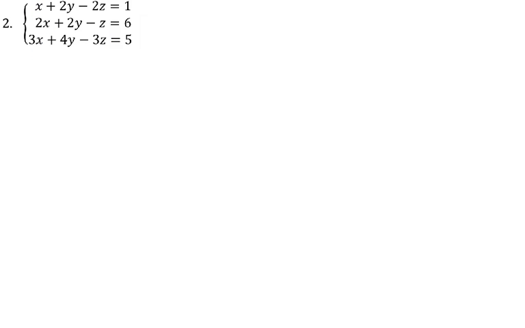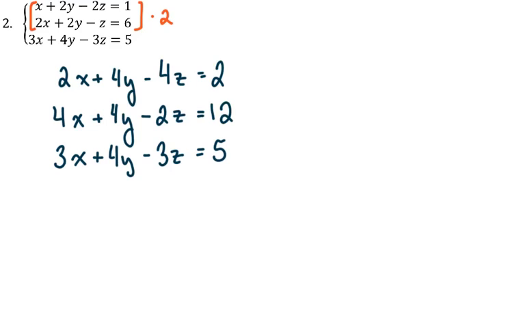However, here we will notice that this is 4y, and then we've got 2 and 2. So it seems to me to be easiest to just multiply both of these by 2. Alright, so here we've got our new equations. The first two being multiplied by 2, and this third one staying as is. So similarly to what I've been doing before, I'm just going to be thinking about them in sets of 2. So the first 2, I can subtract everything, and that's going to get rid of the 4y. And so then we're left with